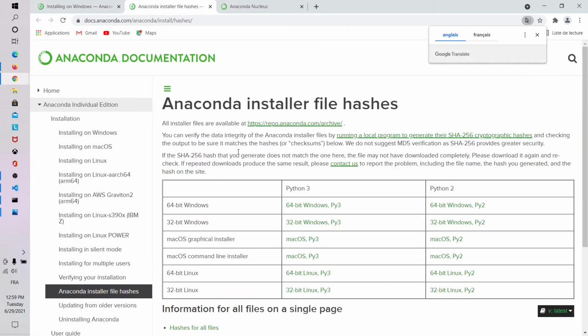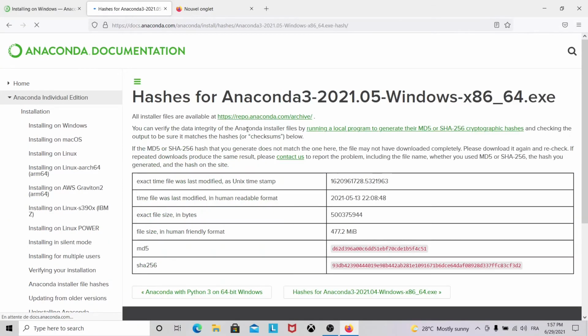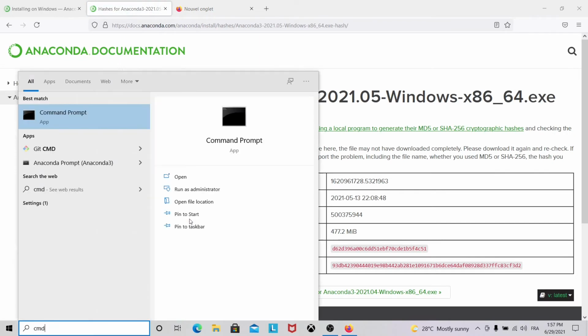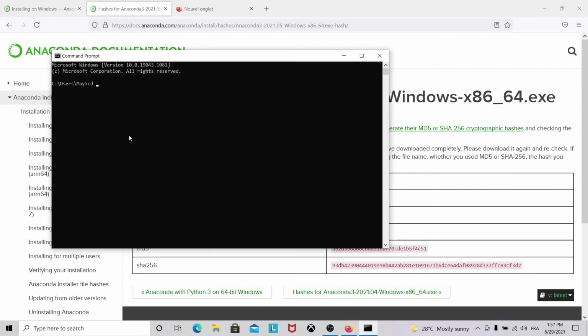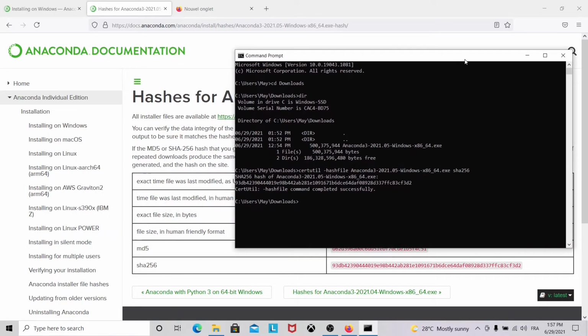We checked the SHA, clicked on the link. We will check this for 64-bit Windows. This opened it here, and we're going to check this with the CMD. We'll launch CMD. We go in the download folder, and in the download folder we have the file that we downloaded, for which we'll type certutil -hashfile and the name of the file, and SHA-256. And here we have the SHA, and we'll just check if what's in the command prompt is the same as